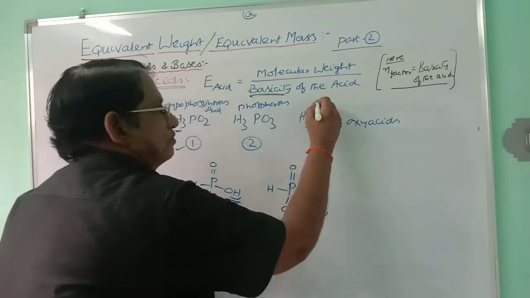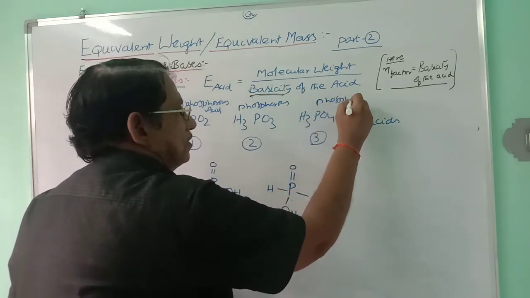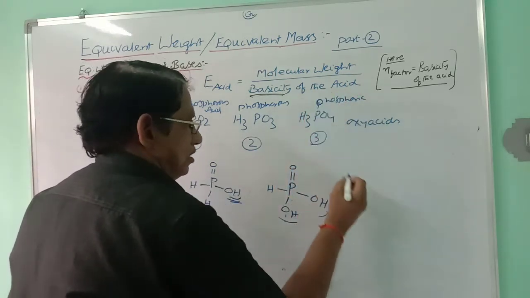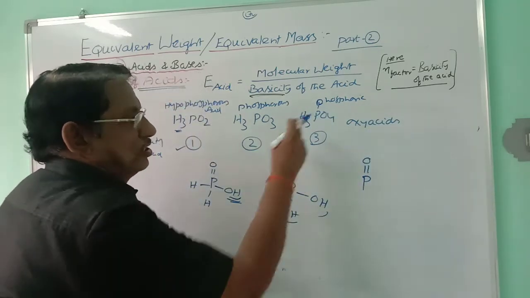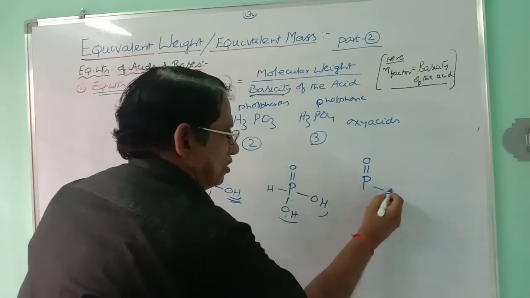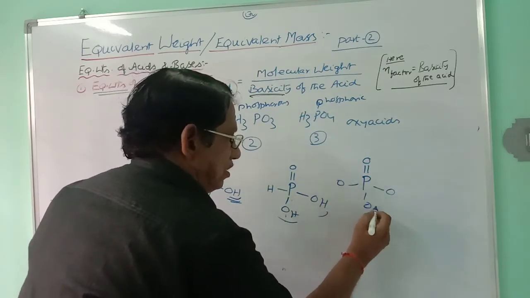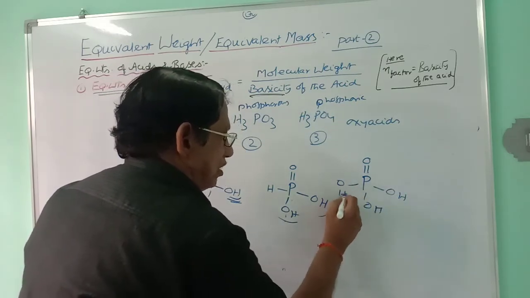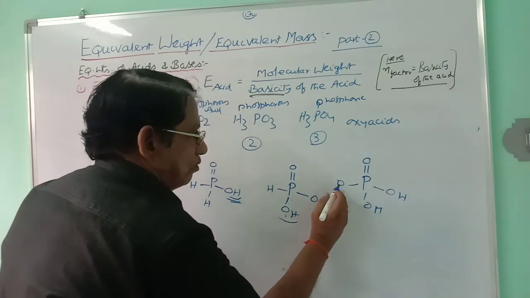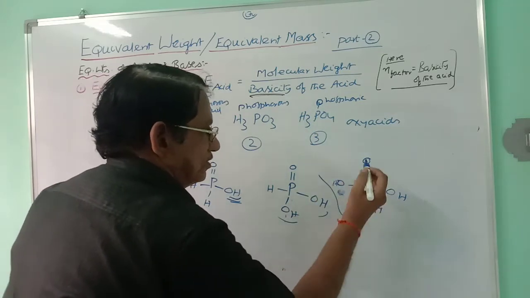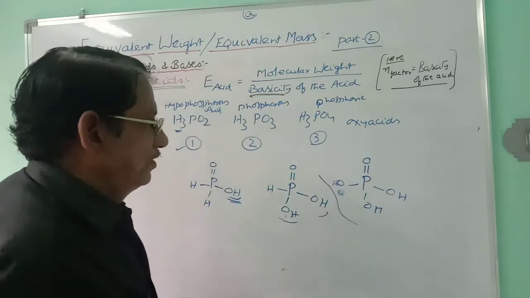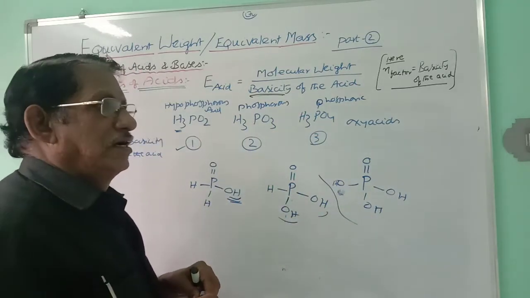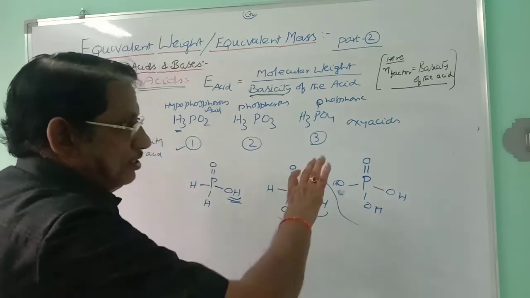And in the last one, phosphoric acid, already we discussed it. One O is given to phosphorus through a double bond O. Still there remain three oxygens. Three oxygens will be carrying three hydrogens, and so there is no hydrogen left there. All the three OH groups are attached to phosphorus, and these three OH groups will be having acidic character, and that is why it is treated as a tribasic acid. This is the structural aspect.